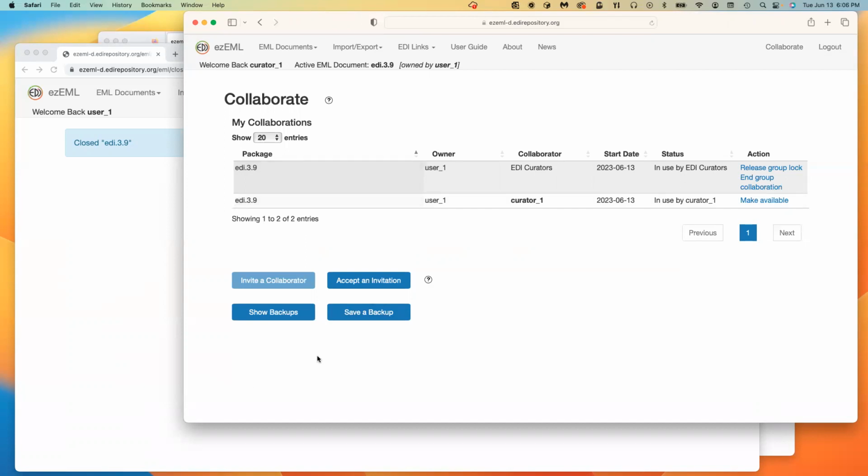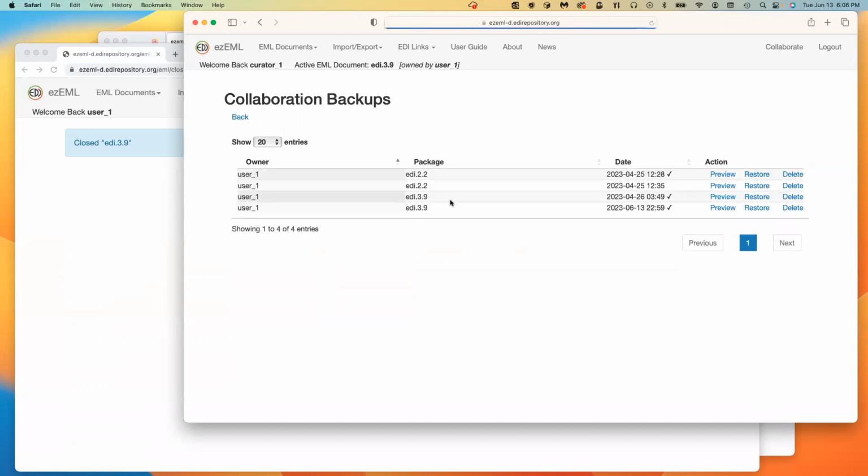But I just want to point out that when a submit package to EDI is done, setting up that collaboration with the EDI data curators group, and a backup is automatically made